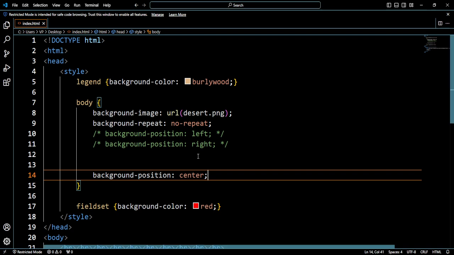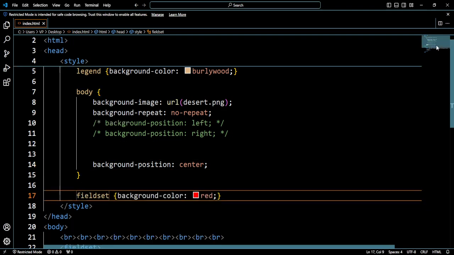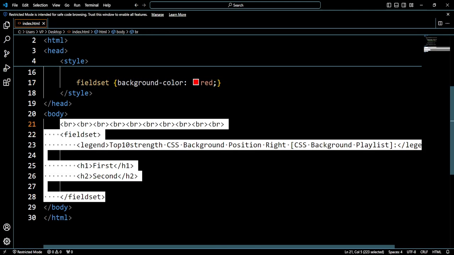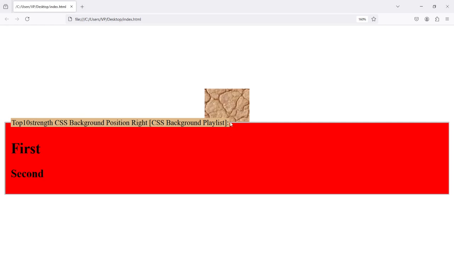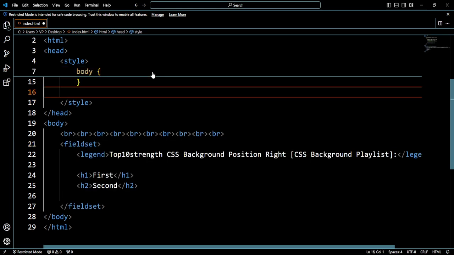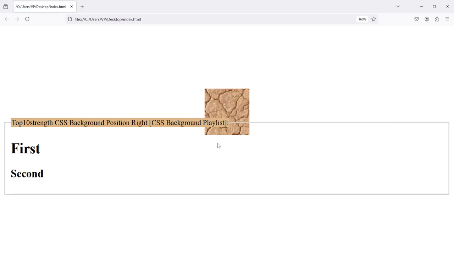And don't you forget what we discussed about the right and left also. Definitely this image now, definitely everything you have inside here. As you can see, this is our fieldset element. It's overlapping. This our image now is overlapping. It's like it is under our fieldset element right here. Let me remove the color so you can see that it's overlapping. So let's save our document. Now can you see when I remove the color? Let's reload. Can you see we are able to see the background image behind our fieldset element,